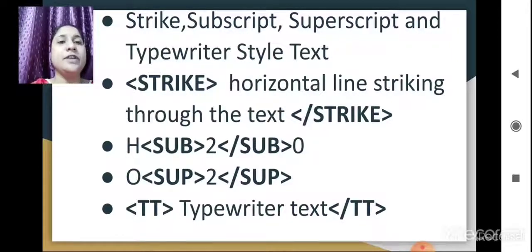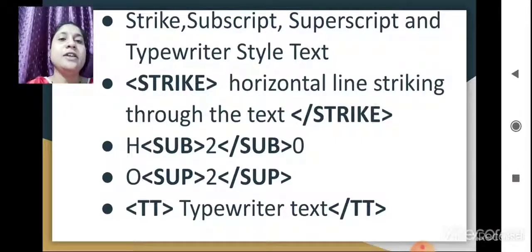Then subscript. For subscript you have to write the tag sub. It is below the normal text, slightly below the normal text.